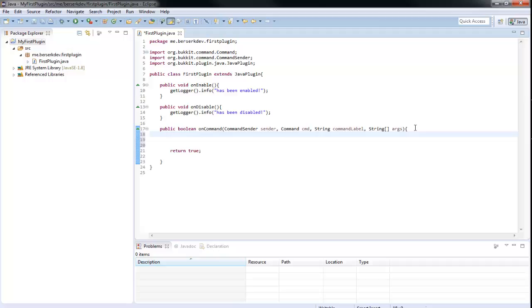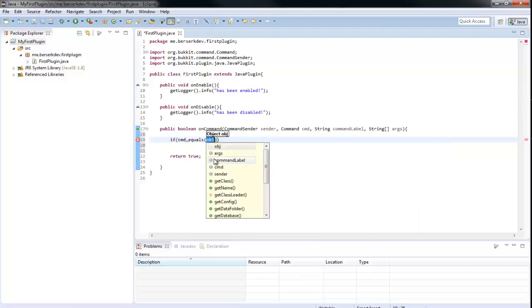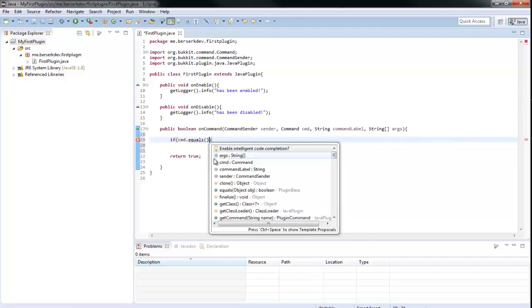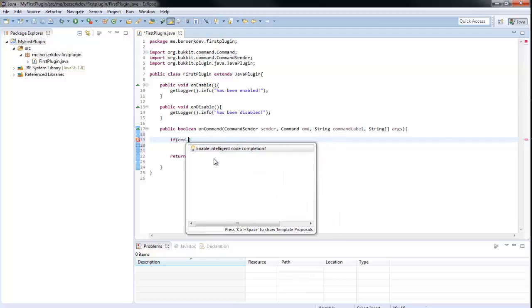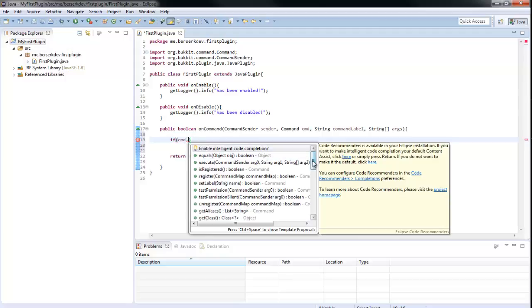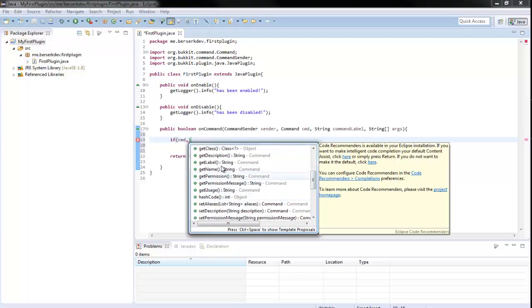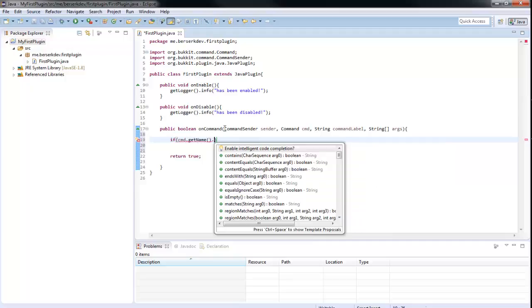So here we want if cmd dot getName dot equals